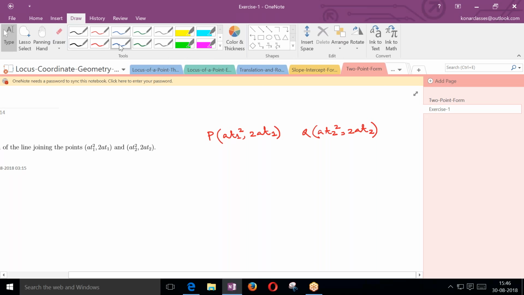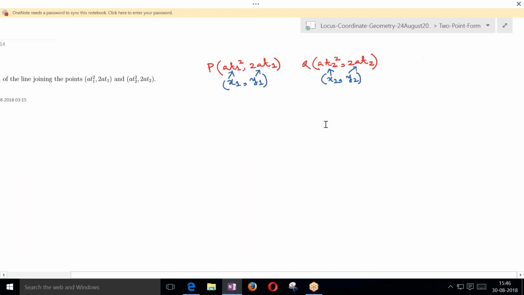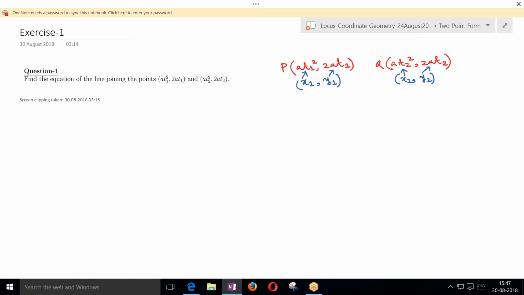Now, what can we write here? If we compare with the point x1 comma y1, so this point is x1 comma y1, then what is x1? This is x1. And what is y1? This is y1. And if we consider this point as x2 comma y2, then this is x2 and this is y2. So according to our understanding, what is the equation of the straight line? Equation of the required straight line is,